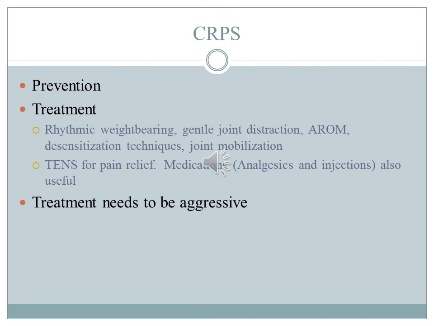So desensitization techniques: taking soft textures and just rubbing them against the skin, and then gradually progressing to different types of things. So, just as a quick example, going from a cotton ball or a cotton tip applicator and just gently rubbing it against the area,